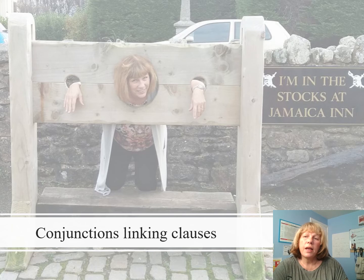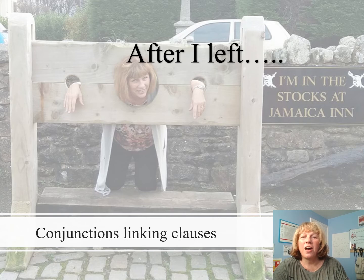And the next step of the cohesion is to think about how your conjunctions link clauses. Oh, here I am again on another holiday, and this time I'm at the Jamaica Inn, and can you see I've been put in the stocks? Yes, after I left Jamaica Inn, I practiced looking at what it was like to be in the stocks, because